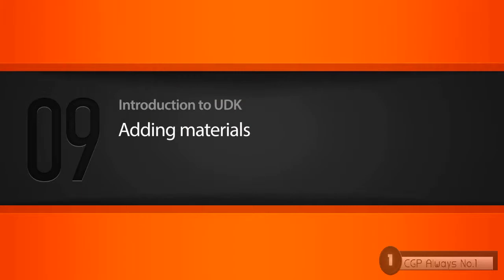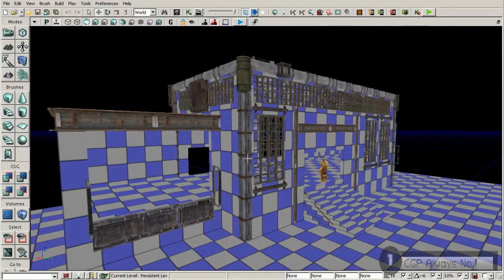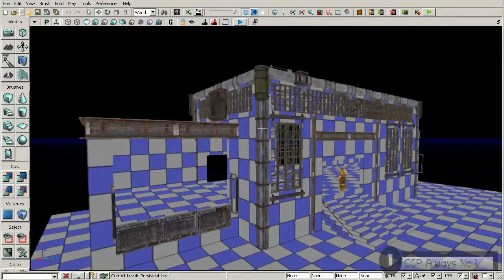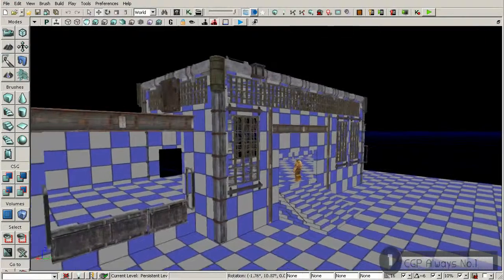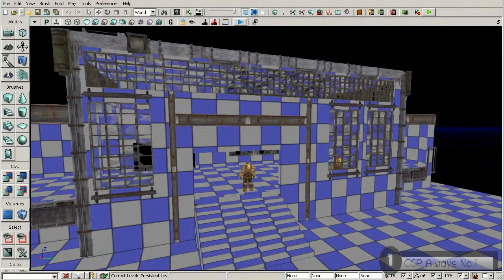In this tutorial, we're going to learn the basics of using materials in UDK. Alright, so up to this point you should have your static meshes all set up on the exterior of your building. You should have your windows and some trim objects and things like that along your building here. Now at this point what we want to do is start adding materials onto our BSP objects here. In order to start adding materials to your surfaces, you need to go to your content browser